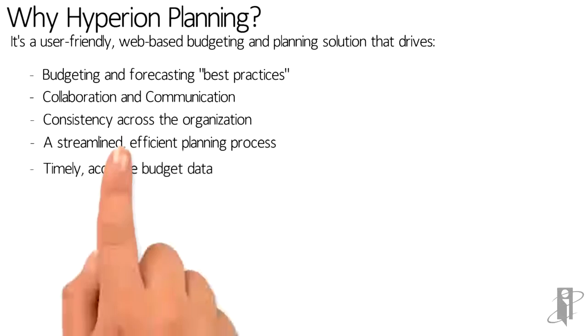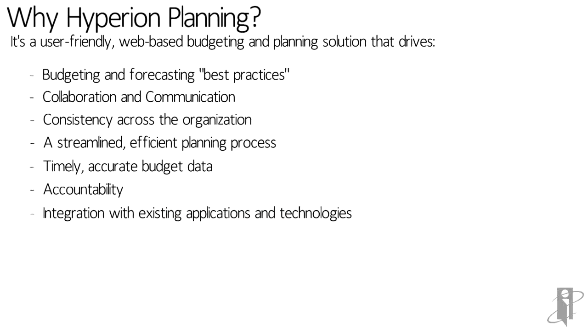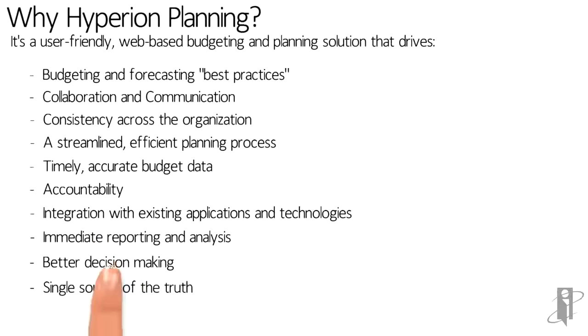forms, timely, accurate budget data by having driver-based models, accountability on managers owning the budget they input in planning, integration with existing applications and technologies, immediate reporting analysis, which oftentimes Hyperion Financial Reporting is used to build presentable reports, better decision making and a single source of the truth. So can you see how Hyperion Planning can help your organization to achieve these and